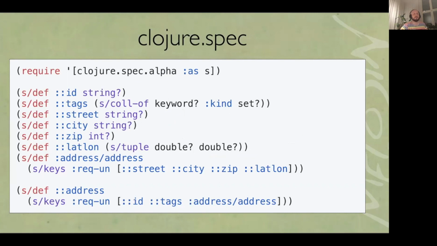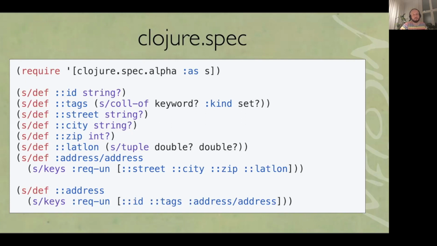So we are registering into this global registry all the leaf types. There's an ID string, there's tags, which is a collection of, these are all macros, but we define all the parts in the schema once, and after that we can compose them. For example, there's this address, which is keys, which has unqualified these